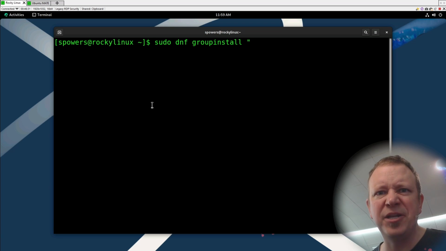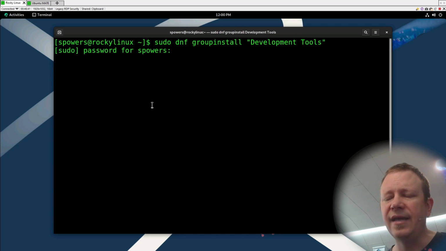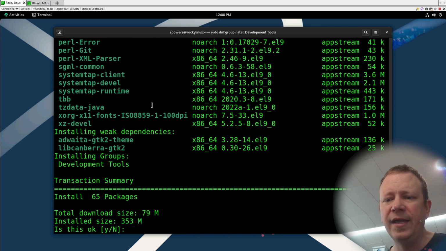We'll look at package management in a later video, but group install, and I've got to look, it's called development tools, and we install this. It asks for the password because I did sudo, and then it will install a package. It's a group where it installs all the things you might need for making and compiling a local program. So we would say yes, and we would install that, and then we could go through the process of downloading